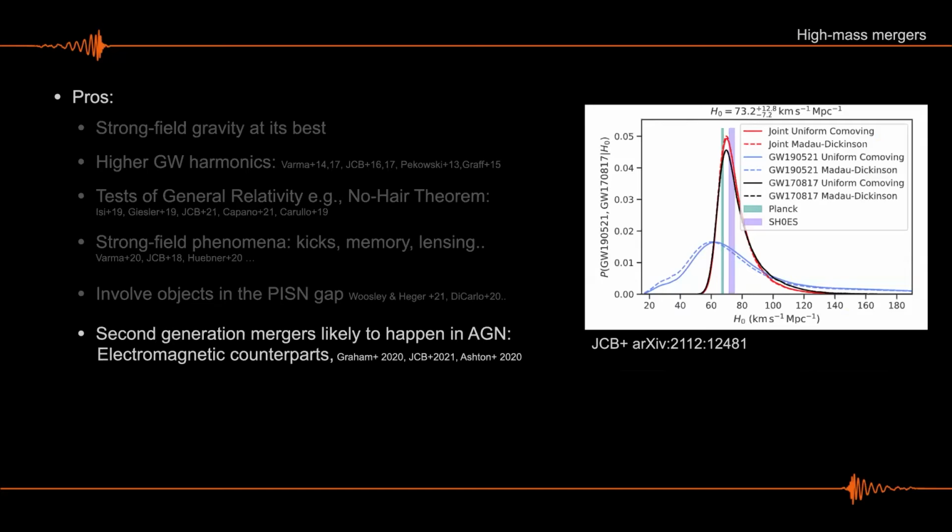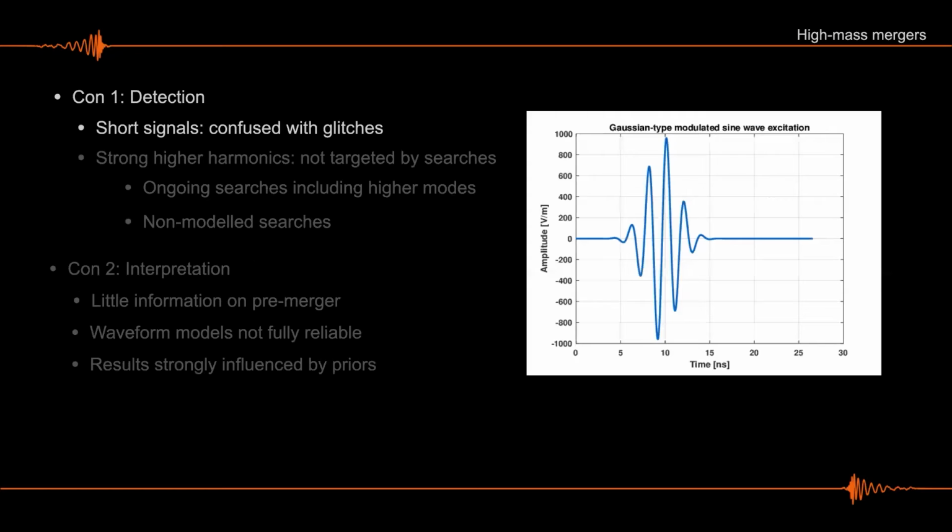And if you find that a black hole is a second generation black hole, these hierarchical formation channels may mostly happen in very dense environments. For instance, active galactic nuclei. And in that case, the black holes that form when they recoil can emit a flare that you can use to measure the redshift to the source. And then you can do cosmology and try to measure things like the Hubble constant and all of that.